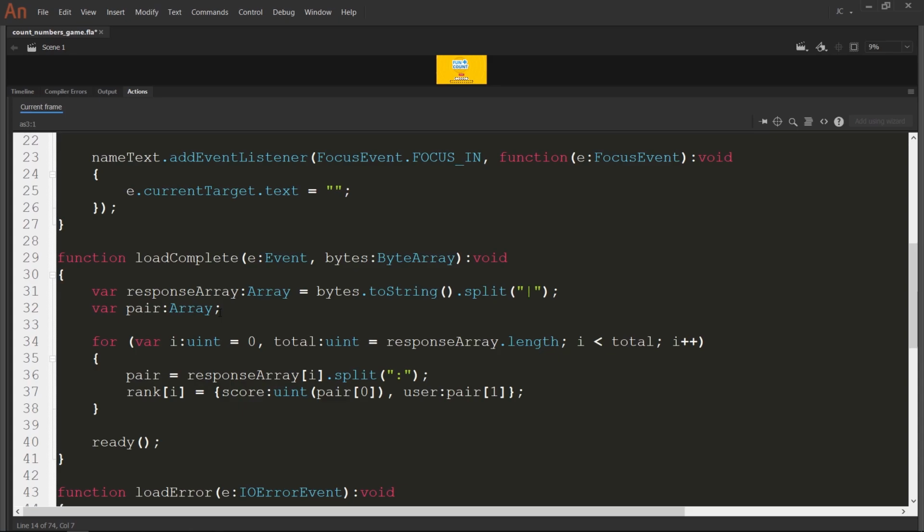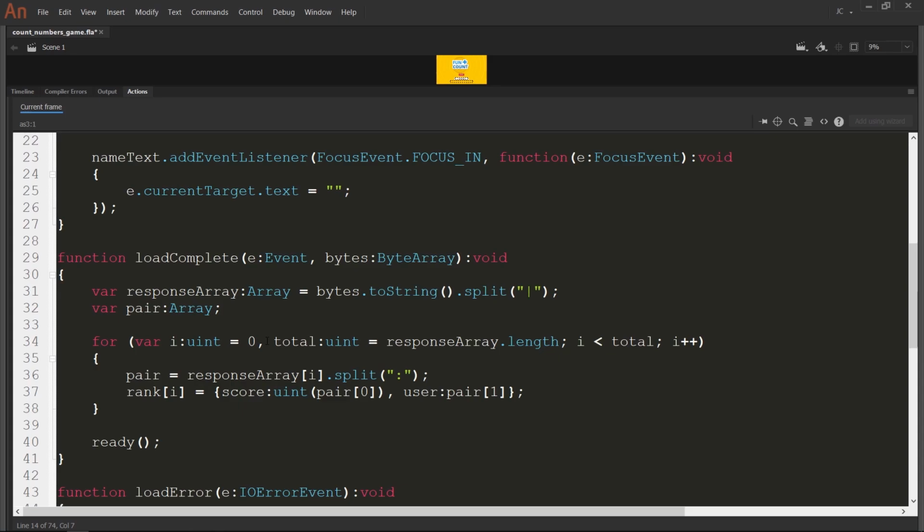But now we have to make sure that the name or nick that will be used is not in that rank file, because I don't want duplicates. If I play as Sonic, I don't want my friend to play as Sonic as well. So what I need to do first